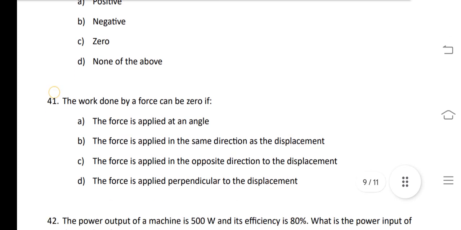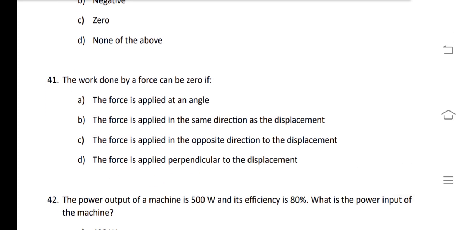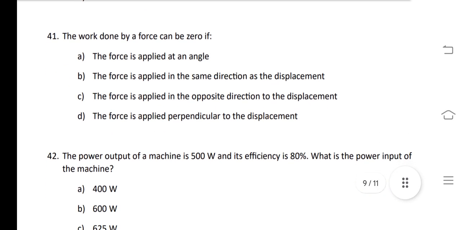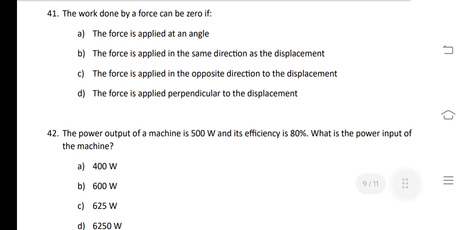Our next question: work done by a force can be 0 if. Option number D is the correct answer. The question is again repeated. This says that if force is applied perpendicular to the displacement, then the work done will be 0. Our next question is